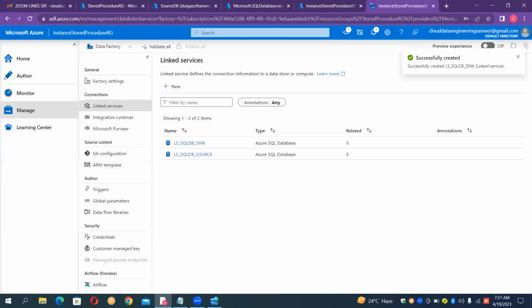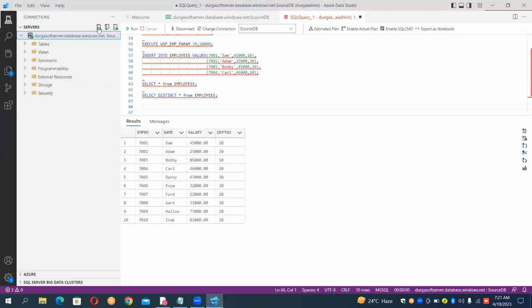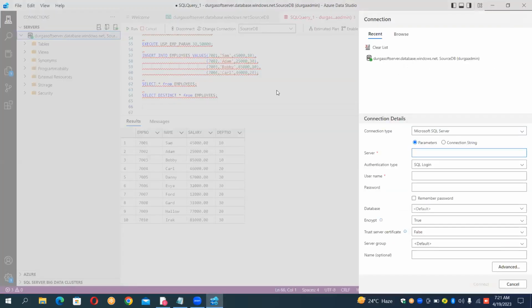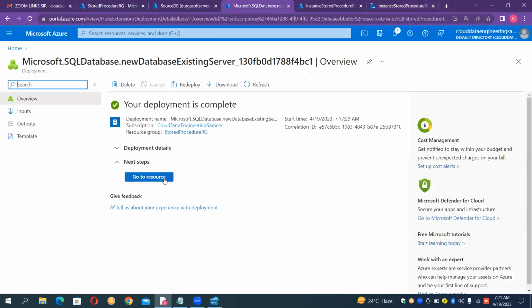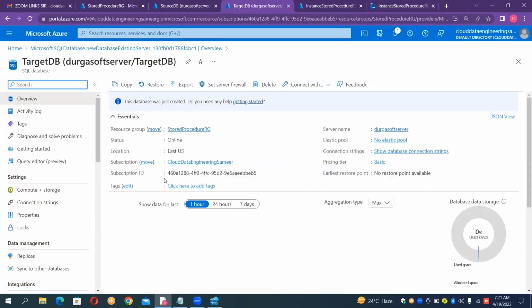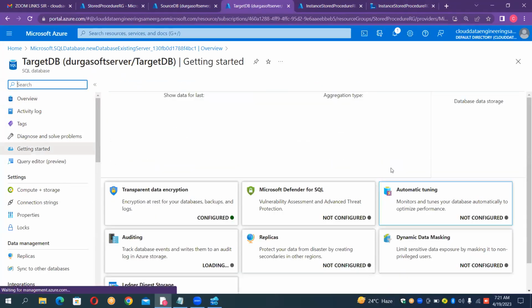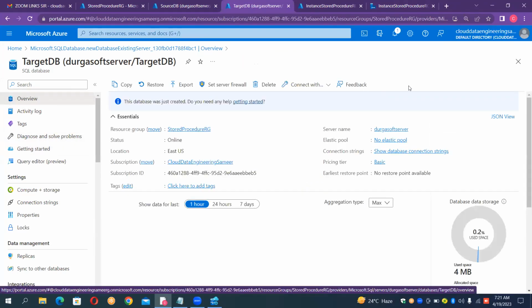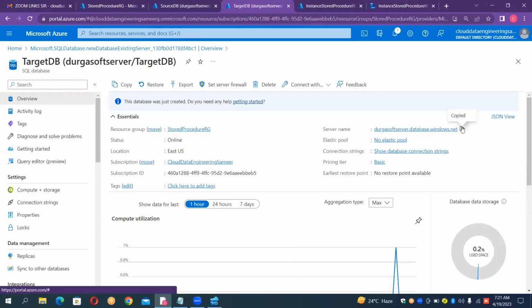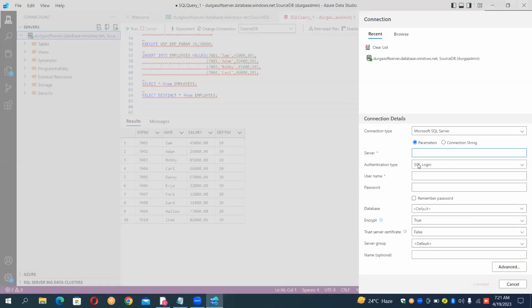So just create one more connection. Click on the new connection and the server name. Now guys, this time you have to connect it to the target database. The target database you already created. Just click on this and copy the server name, because this is the qualified server we require to provide there. So just click on this qualified server